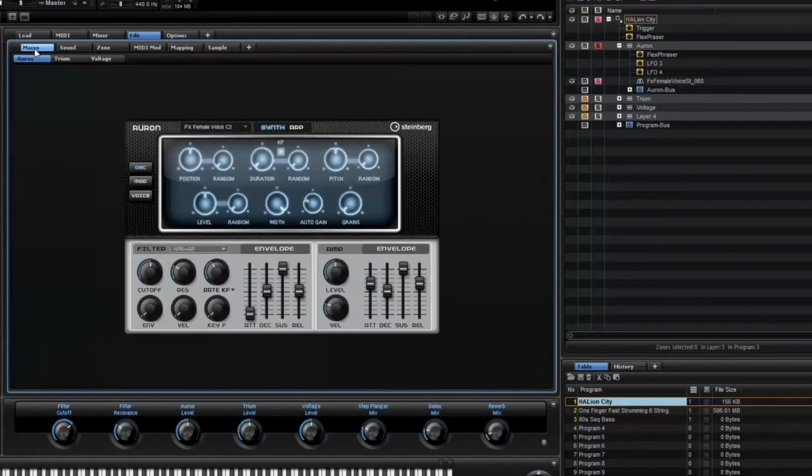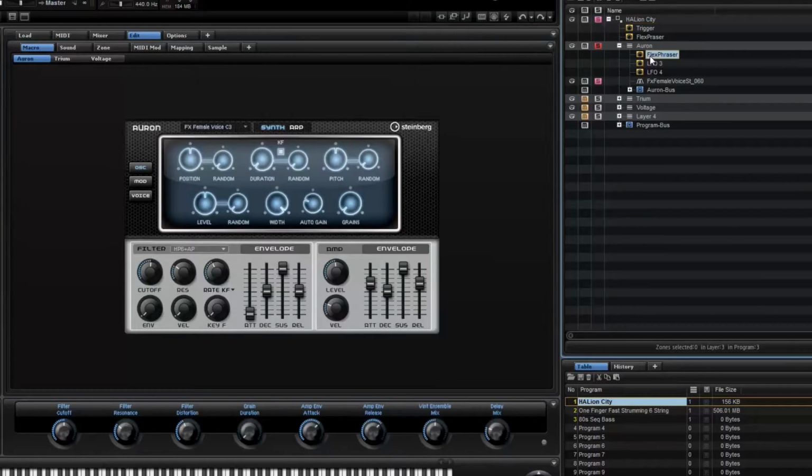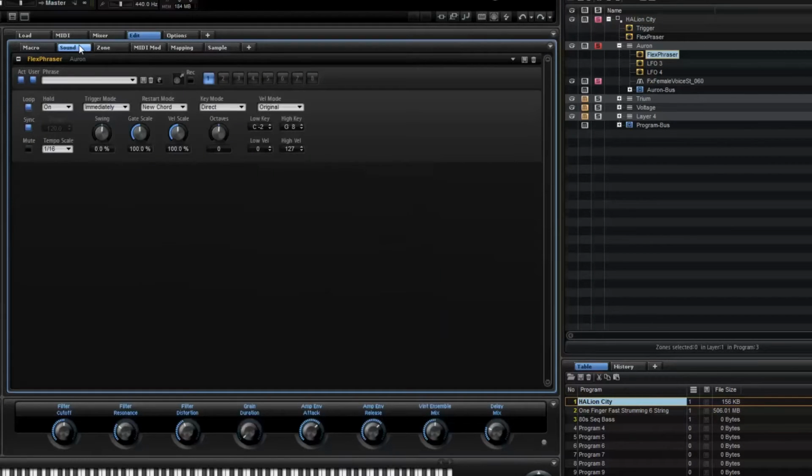And notice if I go to the macro page, it does have a screen for editing the sound, and we're using FX Female Voice 3 as an origination of the patch sound, and you can see it's actually listed here too. If I go to the FlexPhraser, and then I'll need to make sure I'm in the sound, edit sound,